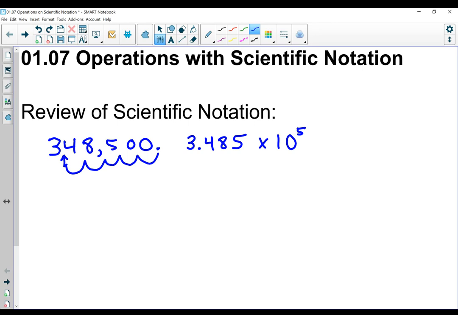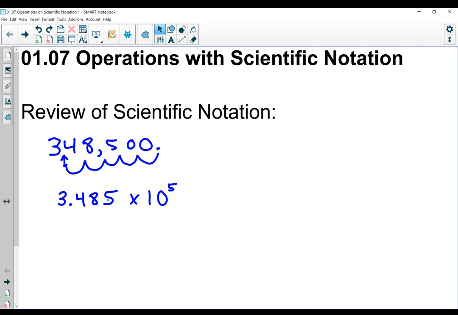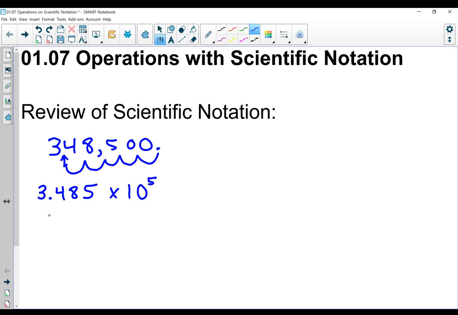Now we'll look at a really small number. And I think I'm also going to move this because we might need some space over there. So now we'll look at a really small number. Let's look at 0.0027. So this time I need to move my decimal the other way. So when I have big numbers, I'm going to have a big exponent. When I have a small number, it's going to be a negative exponent because I'm moving my decimal the opposite